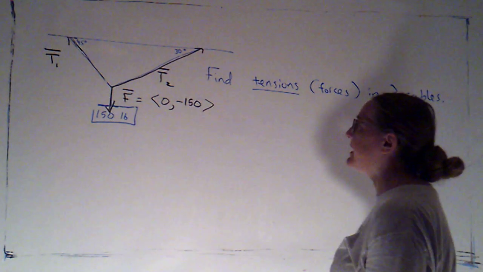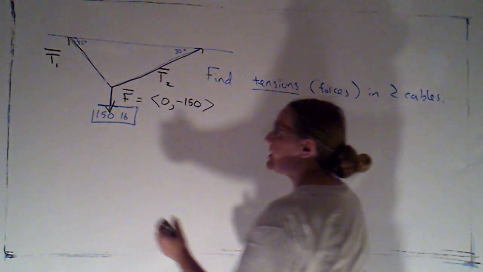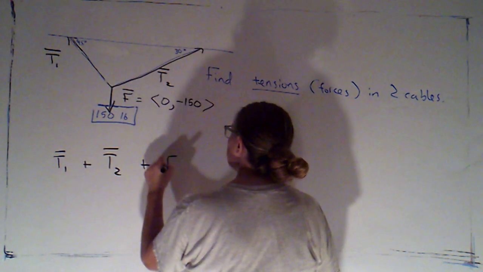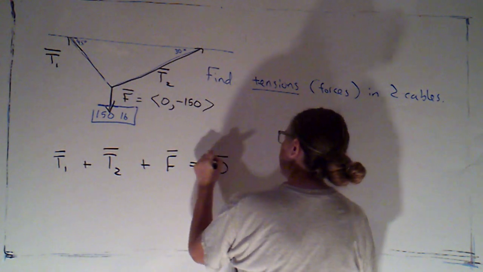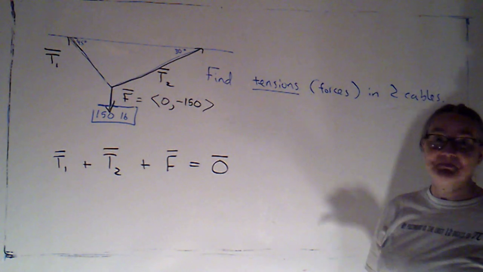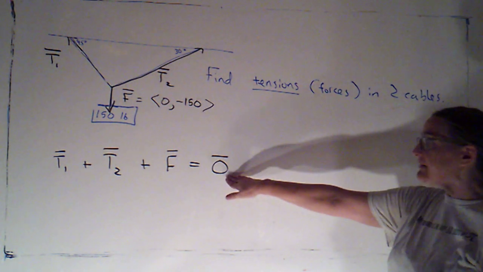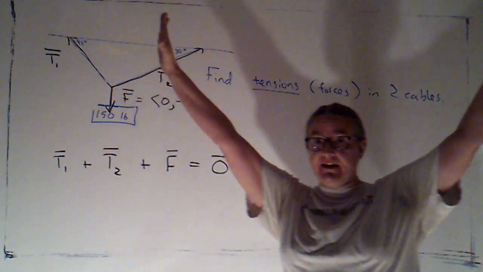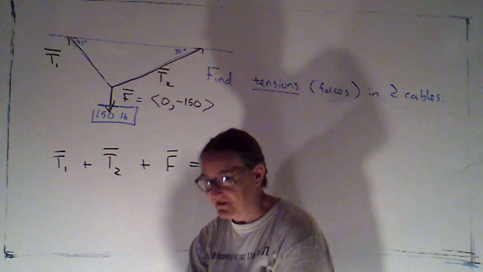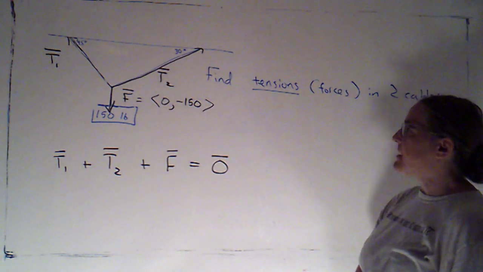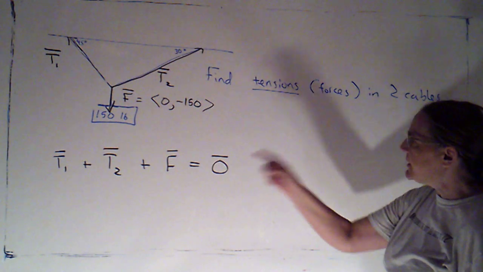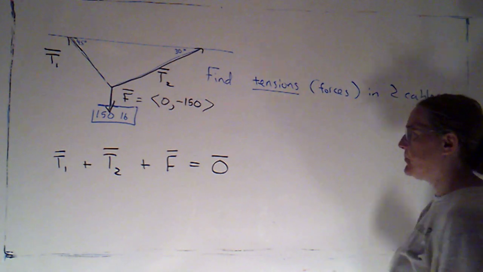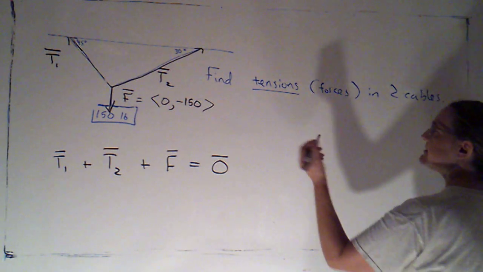But basically, I know that if the object isn't moving, then T1 plus T2 plus F has to equal 0. The net force, the resultant force, when I combine all three of these forces, the two things that are holding it up and the one force that's bringing it down, gravity, I'm going to end up with a net result of 0. So I want to try to describe T1 and T2. What I'm going to do is I'm going to let